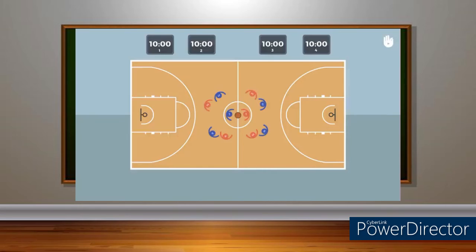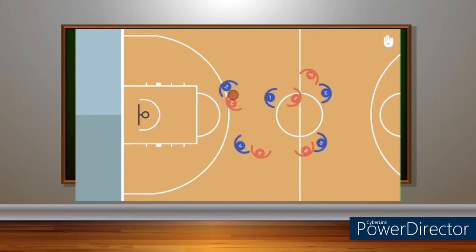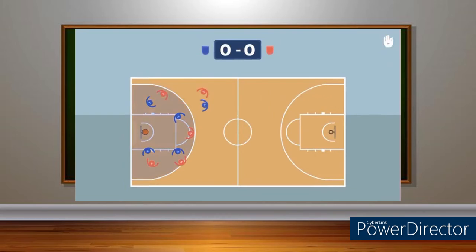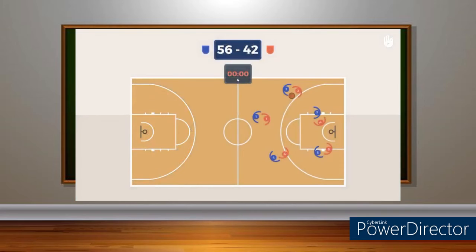Two teams of 5 players compete over 4 quarters of 10 minutes each. A 15-minute halftime takes place between the second and the third quarter. The objective of both teams is to put the ball through the opponent's hoop to score as many points as possible. A scored shot, called a field goal, is worth 2 points, or 3 if the player has thrown the ball from outside the 3-point arc. The team with the highest score at the end of play wins the game. In case of a tie, the teams play 5-minute rounds in overtime until one team wins.